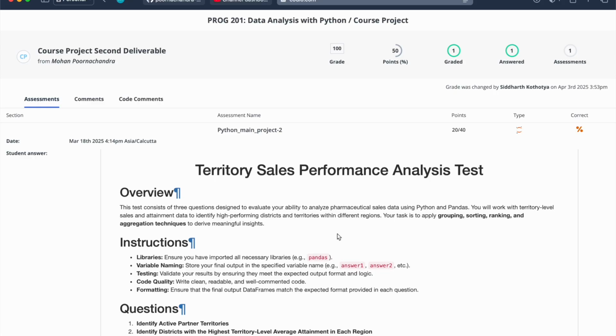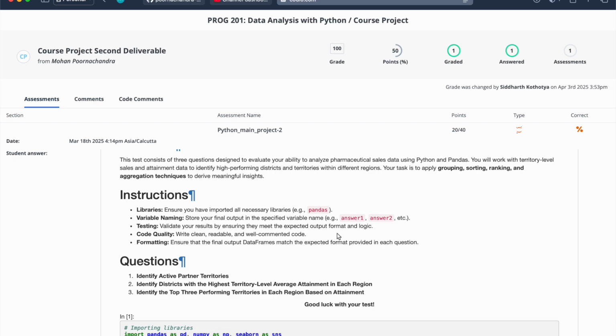territory sales performance. So for any given brand in pharmaceuticals, each region is divided into various parts. The region comes at the top and below it comes the district and below that comes the territory. So under each district there can be many territories and under each region there can be many districts. So